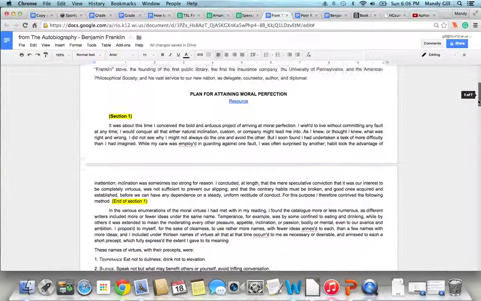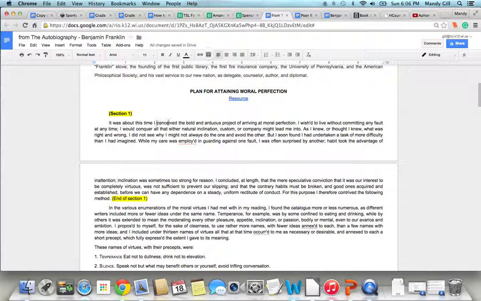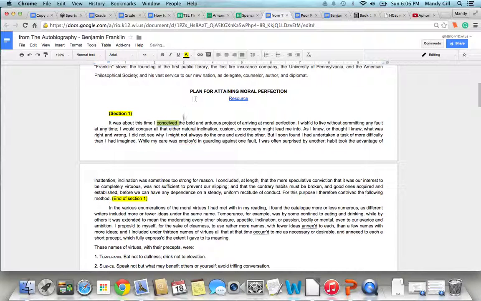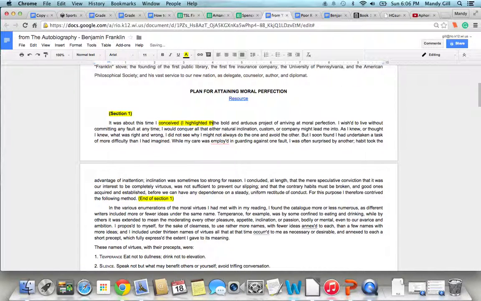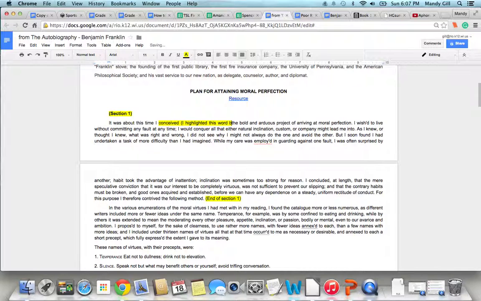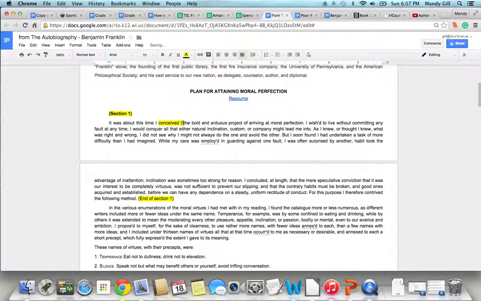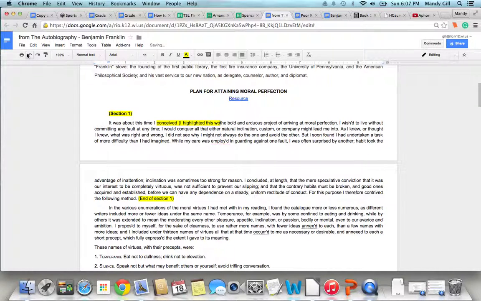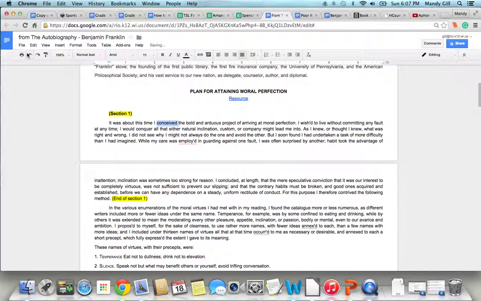So for example, section 1 is pretty short. Let's say you chose this word, then you would just go here to highlight it, and then in parentheses, why you highlighted the word. I highlighted this word because, just like we normally do, only you're actually doing it on this sheet. So you'll do the word, the phrase, and the sentence for each section, and explain them in parentheses.